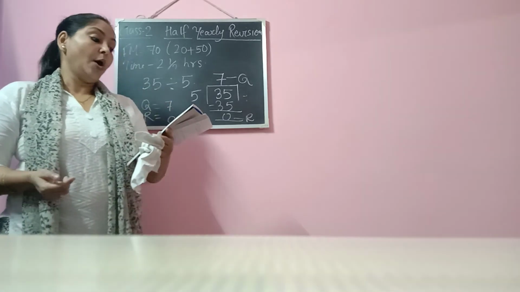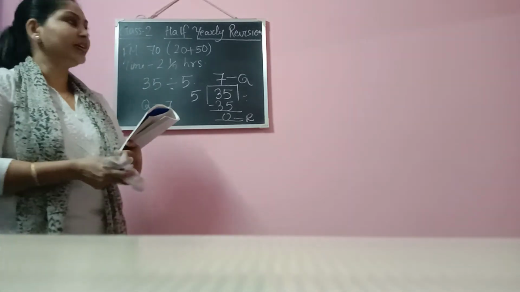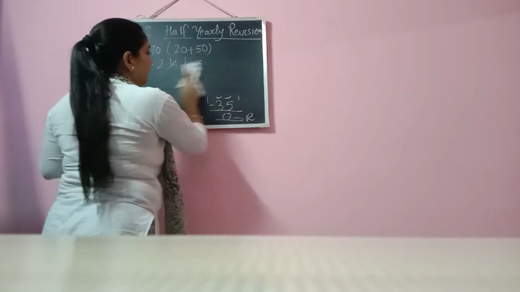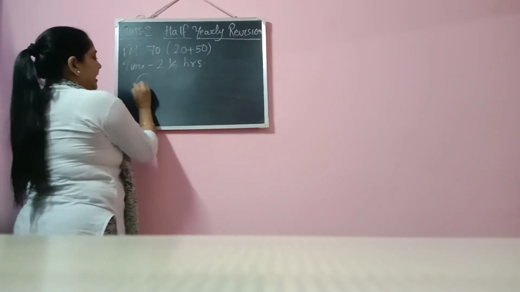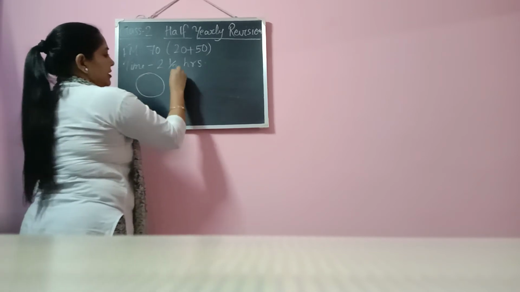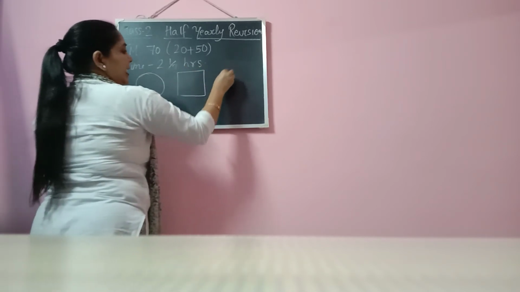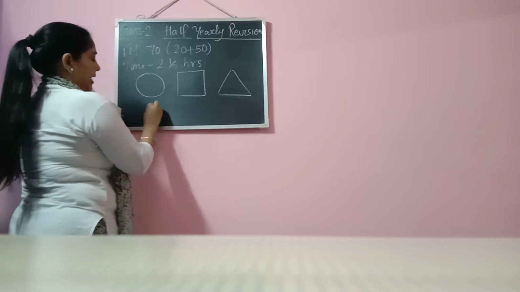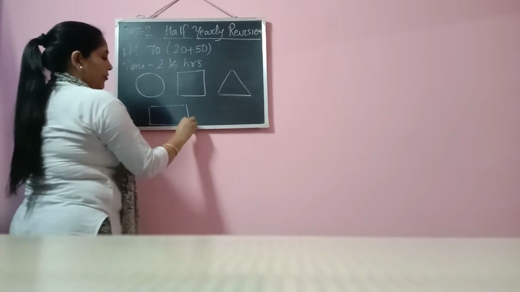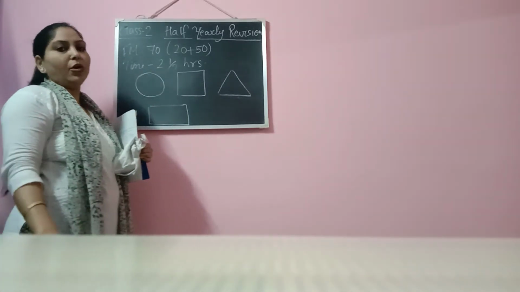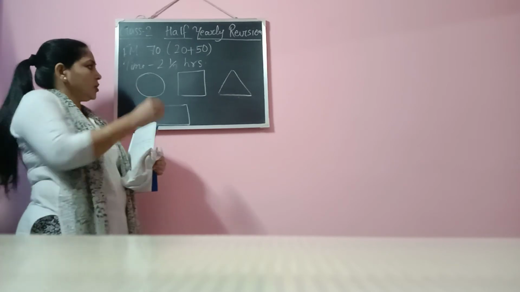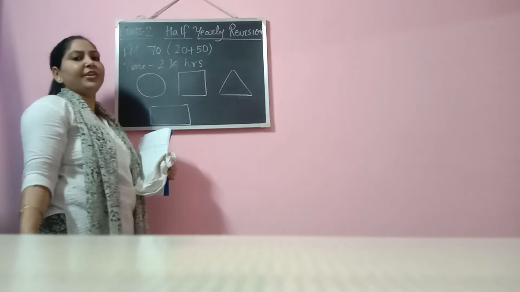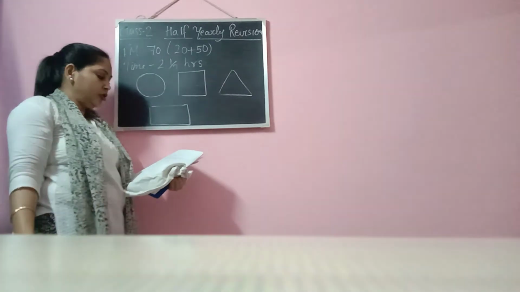Over here, draw any geometrical figure. What is the meaning of geometrical figure? Geometrical figure means it can be a circle, it can be a square, okay? It can be a triangle, it can be a rectangle. So far you have learned only these 4 geometrical figures in class 1 probably. Okay, so any one of these figures you can draw